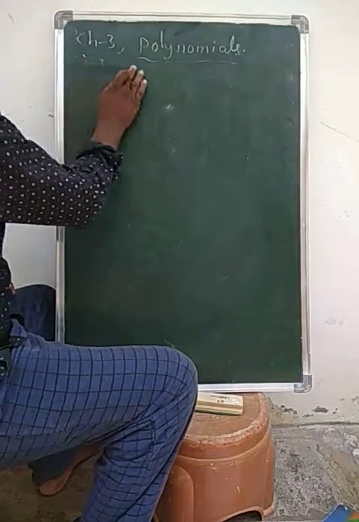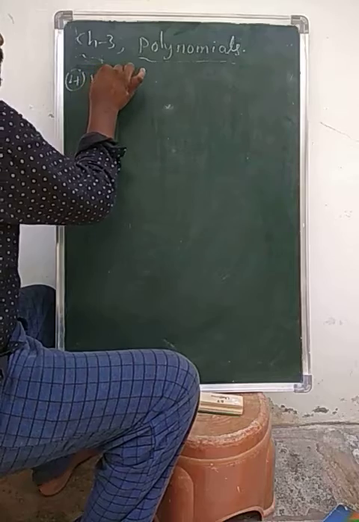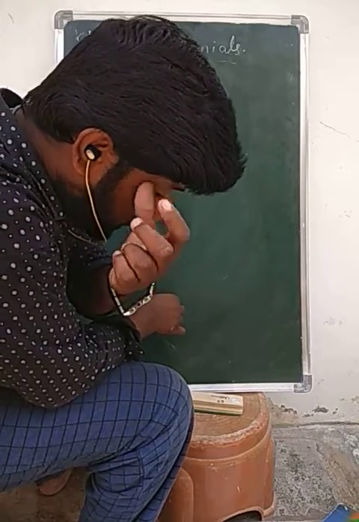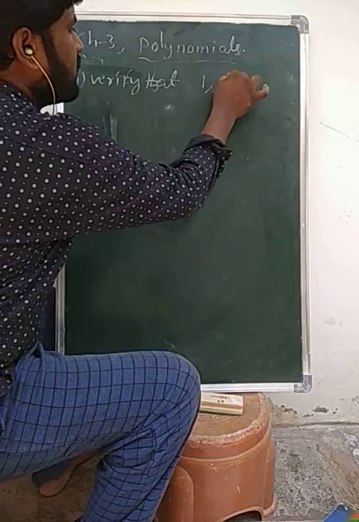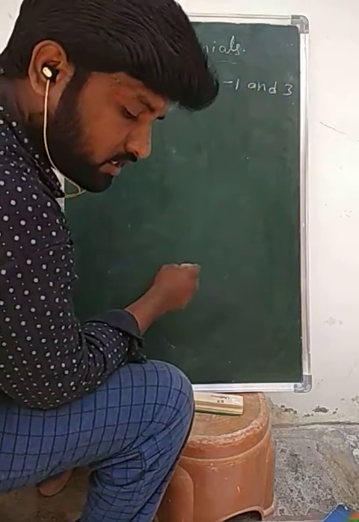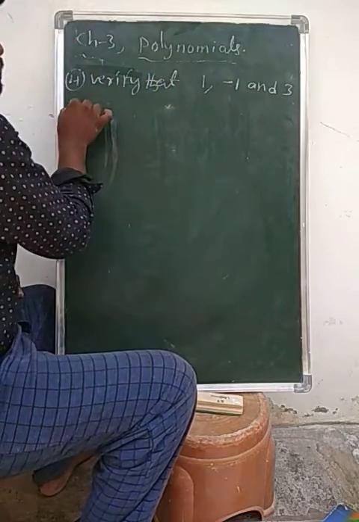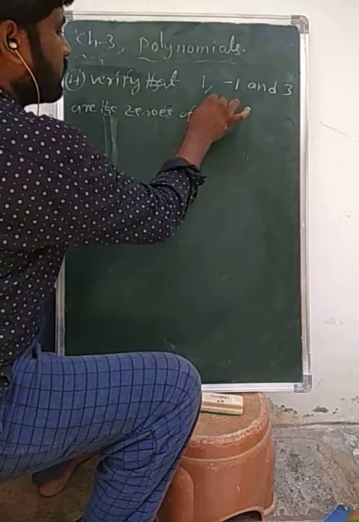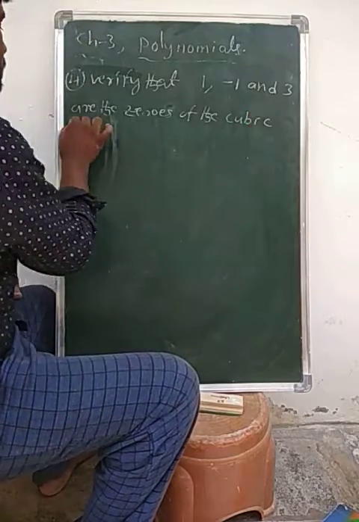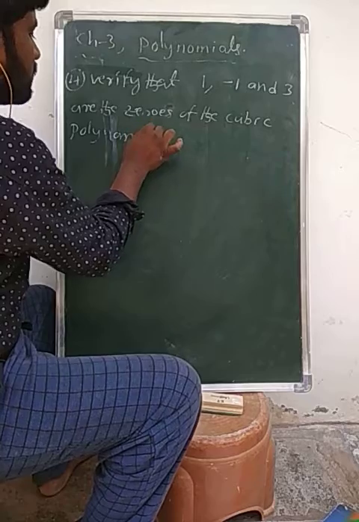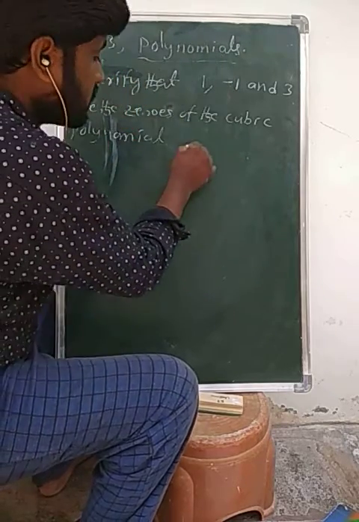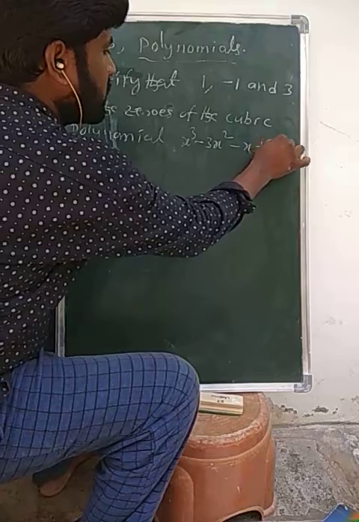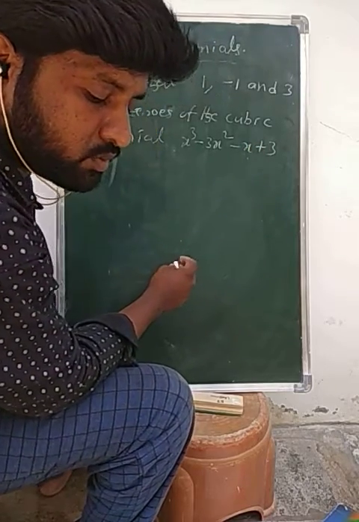Verify that 1, minus 1 and 3 are the zeros of the cubic polynomial x cube minus 3x square minus x plus 3, x cube minus 3x square minus x plus 3, and